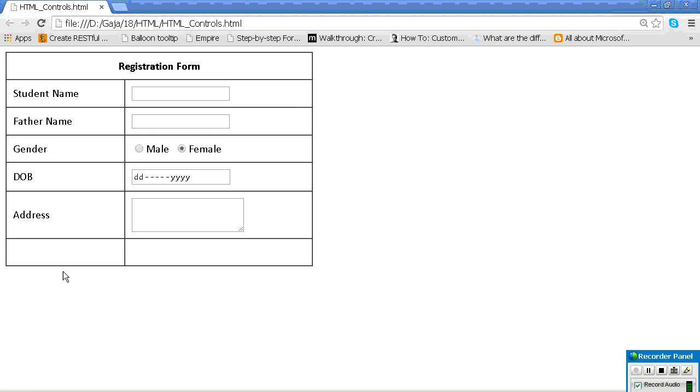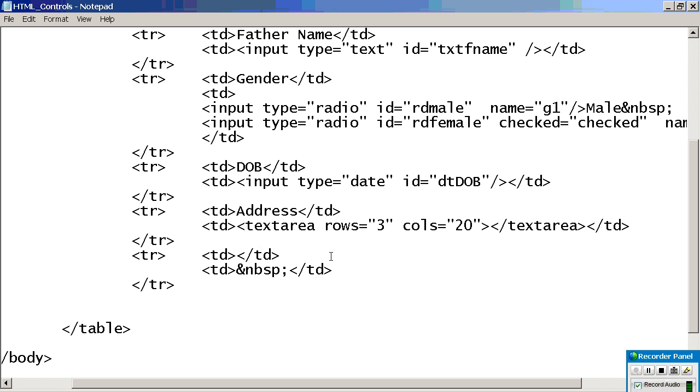Next, what we can have is mobile and email. Before that, we can check city, right? Sometimes address means your home address, then city, state, like that.